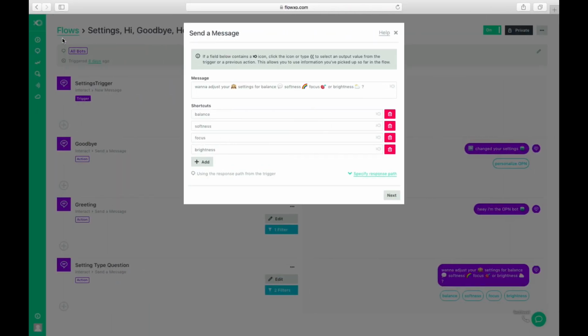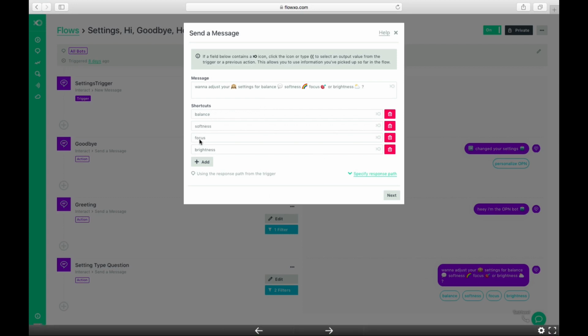Then, when somebody talks to your Facebook bot, it will be forwarded to your flow. So the flows are like little micro interactions. You have all sorts of little things happening, triggering one another, and it trickles down like this. So in this case here, you can see you can ask some specific things, and I made some shortcuts, which means that little speech bubbles will pop up underneath, so you don't encourage people to misspell the thing.